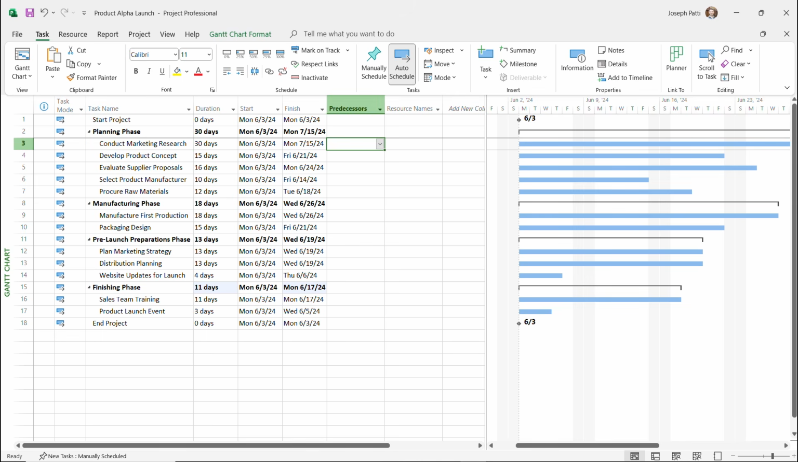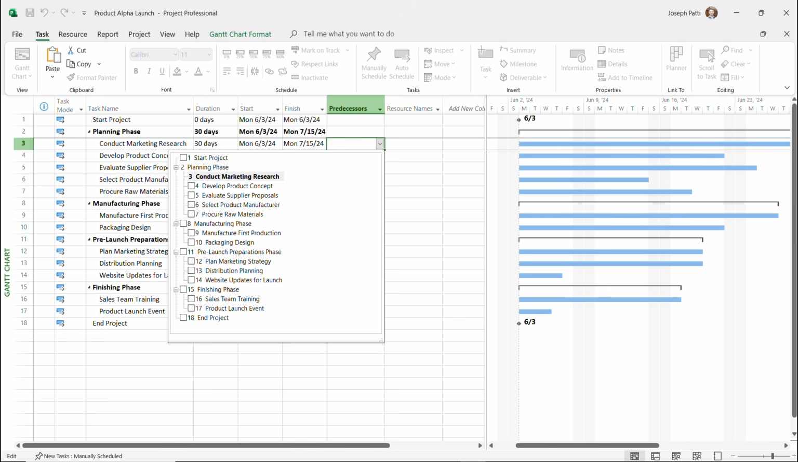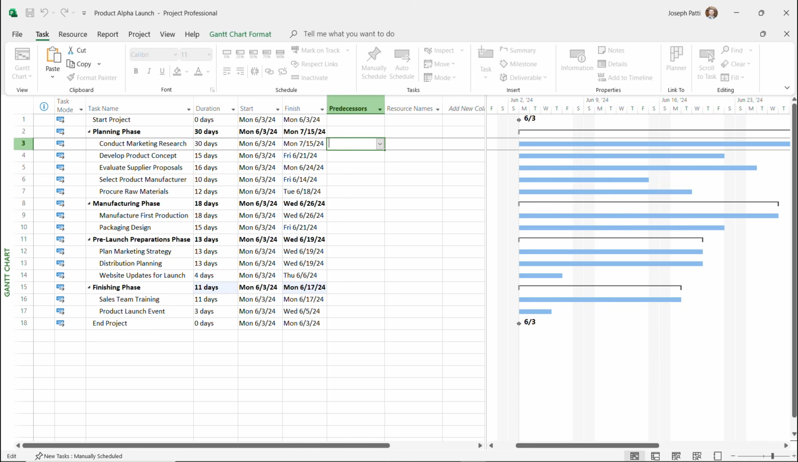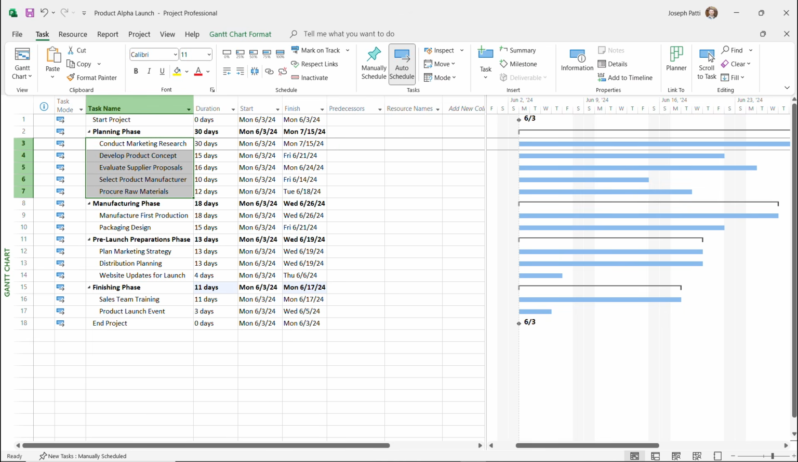You can go into the predecessors and you can start to select what's going to happen first. But a simpler way is to just simply select all of your subtasks, you're going to go over to the Task tab. And inside of the Task tab, you're going to go over to the Schedule command group. And you're going to click this little link icon. You'll see these two circles linked together. That will automatically create the default relationship, which is finish to start. So if I click on that,